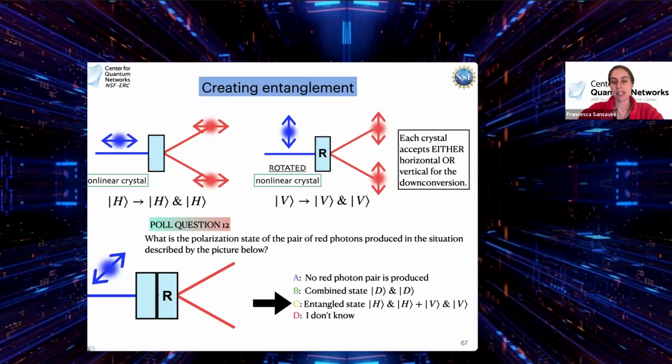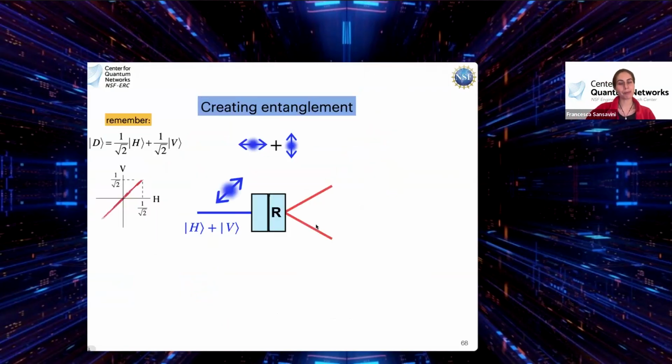So the correct answer is C, which is we're going to produce an entangled state HH plus VV. And I will explain why in a second. Okay, so to understand why we're generating an entangled state HH plus VV in this configuration, we have to recall